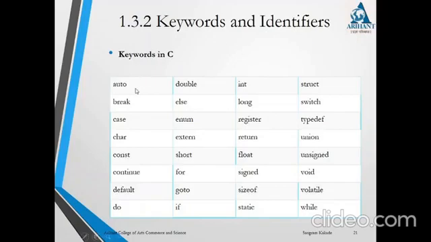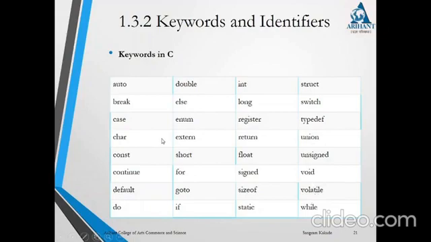First one is auto, break, case, char, const, continue, default, do, double, else, enum, extern, for, goto, if, int, long, register, return, short, float, signed, sizeof, static, struct, switch, typedef, union, unsigned, void, volatile, while.